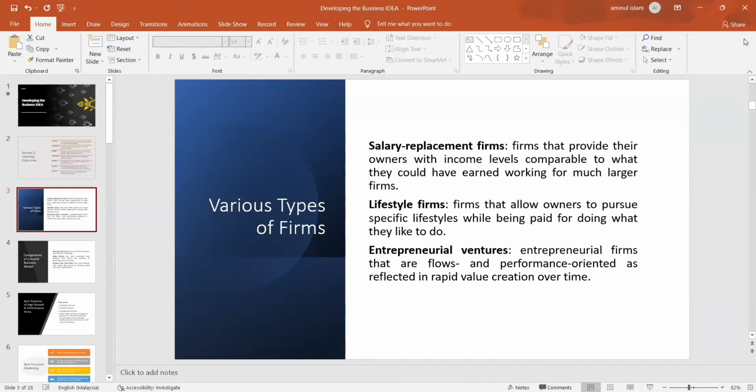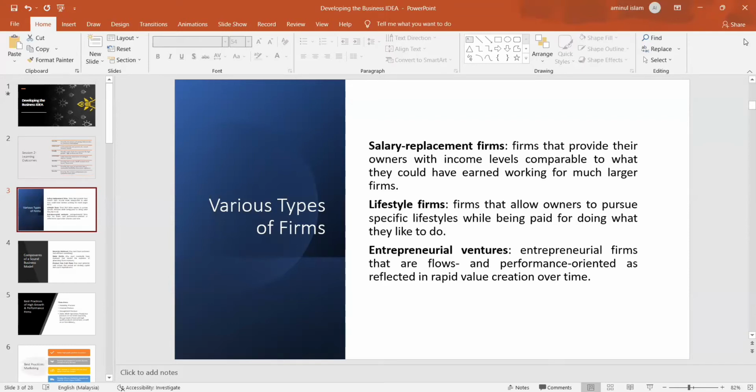You open up a small venture. You may run it alone, or you may have just one or two workers to help you. That's how we start small ventures, and that may give you an income comparable to the salary you may receive from working